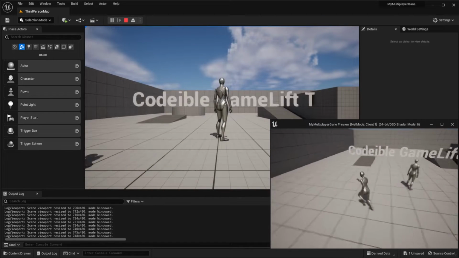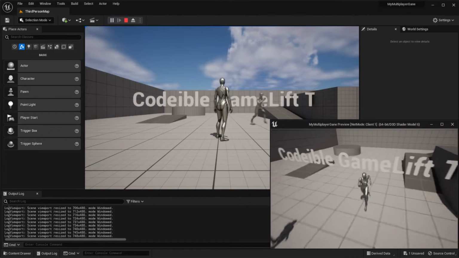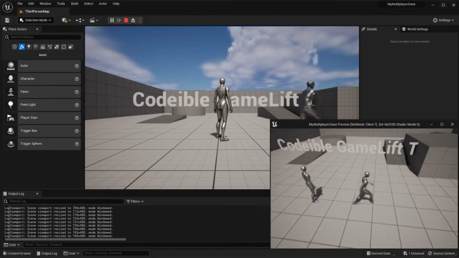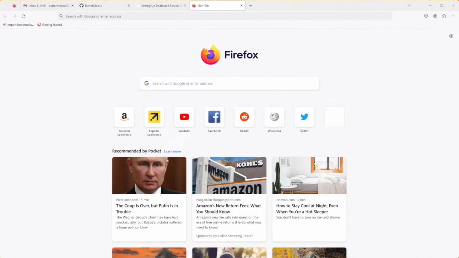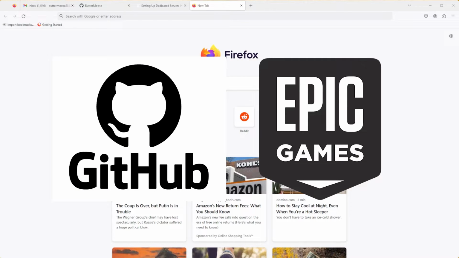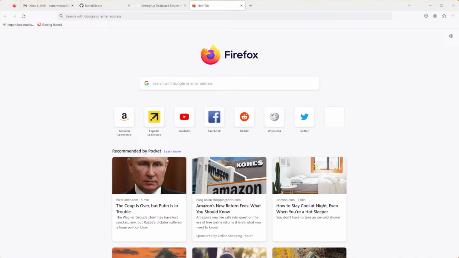Hello, in this video, I'll show you how to use AWS GameLift as a dedicated server for a multiplayer game made with Unreal Engine. Before you begin, you will need to have a GitHub and an Epic Games account. When you have the accounts,